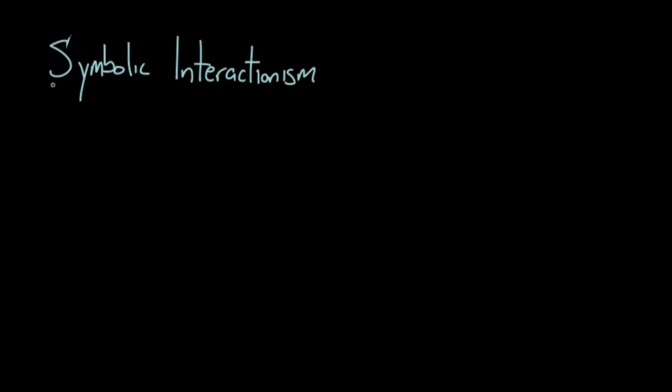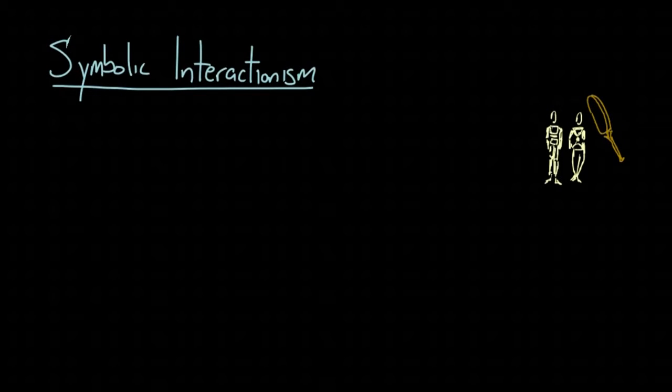Symbolic interactionism takes a small-scale view of society. It focuses on the small-scale perspective of the interactions between individuals, like when you hang out with a friend, instead of looking at large-scale structures like education or law. By looking at the small scale, symbolic interactionism explains the individual in a society and their interactions with others, and through that, it can explain social order and change.